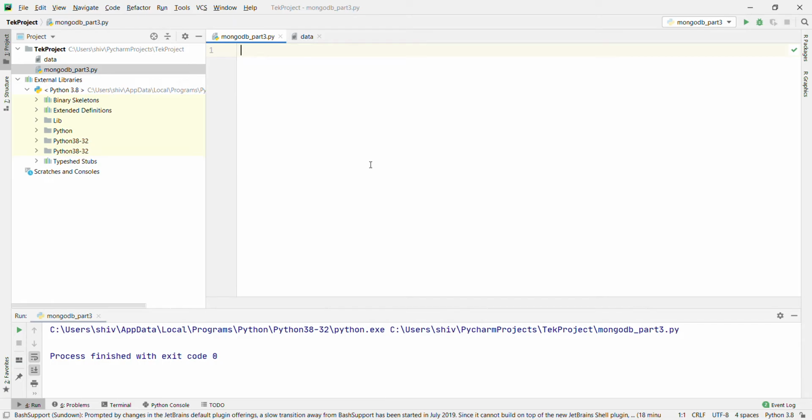Before that, we are going to perform the same operations. Import pymongo.